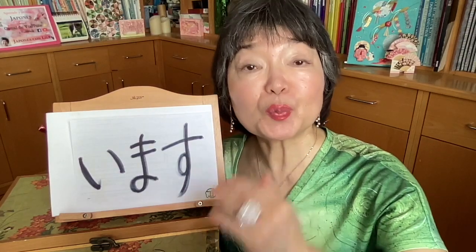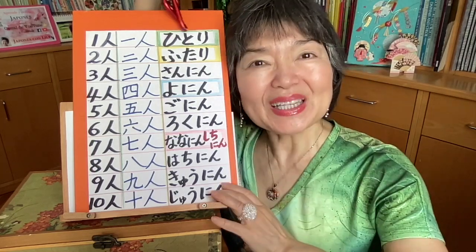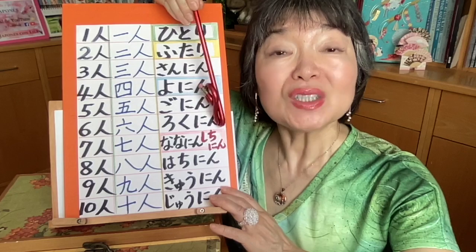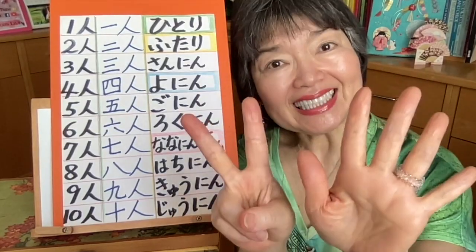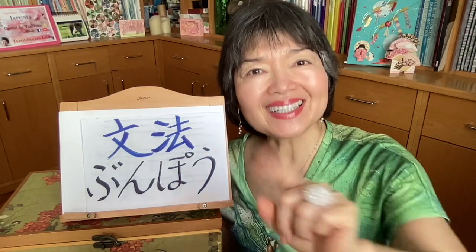The verb we are going to use to be is います. So in this case, the place に someone がいます. Now we must remember how to count persons because this is different from the things. So the counter words of the person is like this. 1人、2人、3人、4人、5人、6人、7人 or 7人、8人、9人、10人。